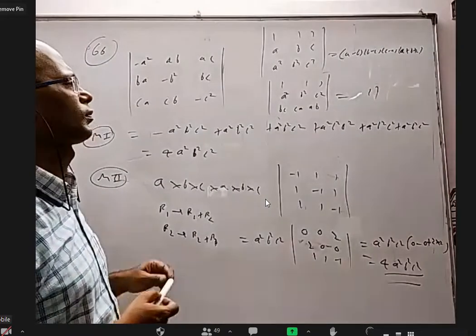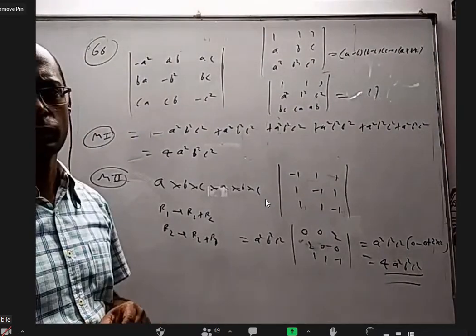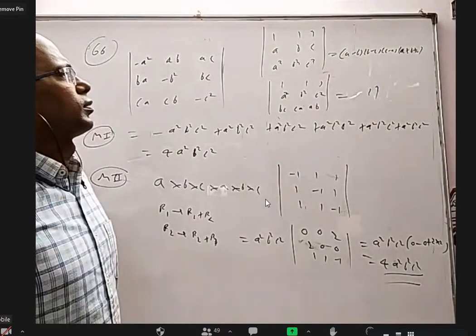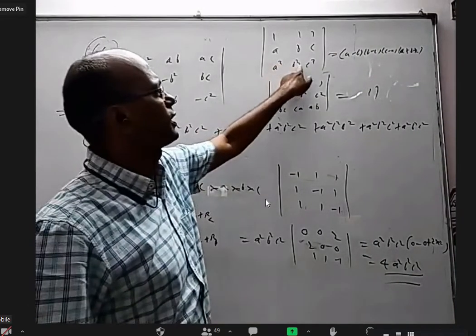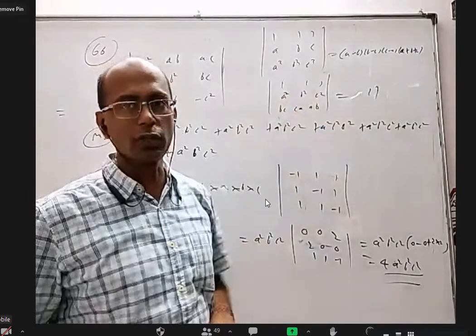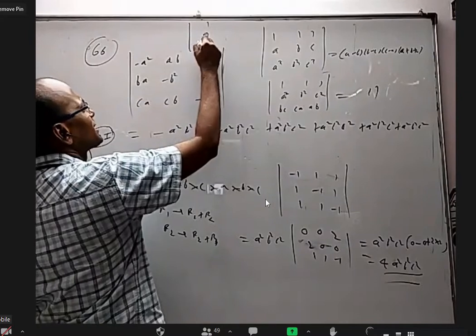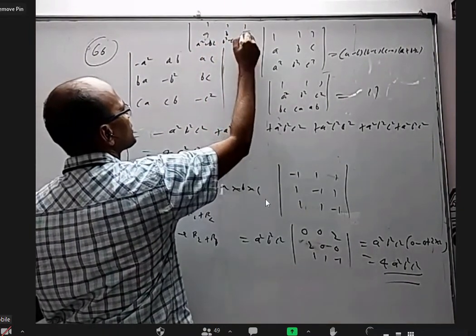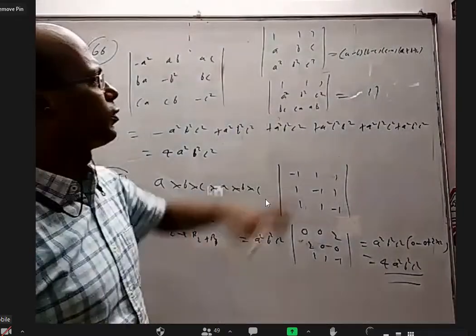Yes, sir. Like the second one we did, sir. After that, the question came like the first matrix, showing that the first determinant minus the second determinant is equal to 0, sir. Then we got to know that both the answers are the same, sir. Yeah. But that was for square here, square here, square here, and without squares here. You are talking about 1, A, A square minus BC; 1, B, B square minus CA; 1, C, C square minus AB. Anyway, this resembles that. Nothing to worry. Okay, anyway, we did this in the class.